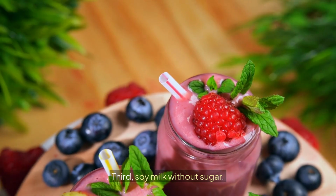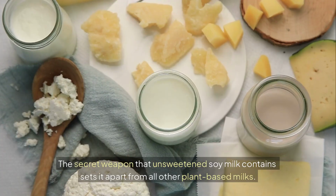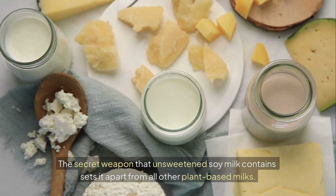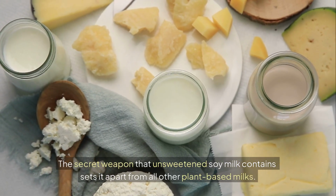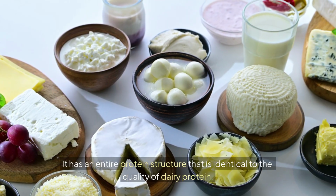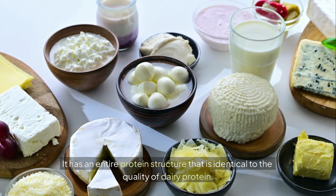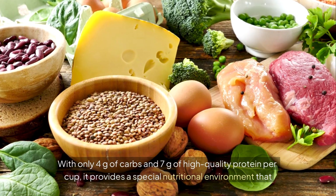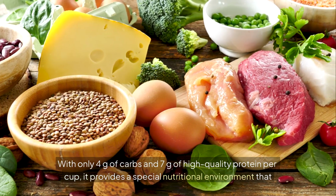Third, soy milk without sugar. The secret weapon that unsweetened soy milk contains sets it apart from all other plant-based milks. It has an entire protein structure that is identical to the quality of dairy protein. With only 4 grams of carbs and 7 grams of high-quality protein per cup, it provides a special nutritional environment